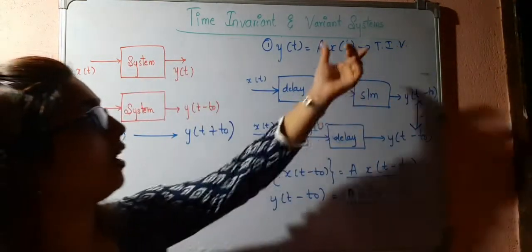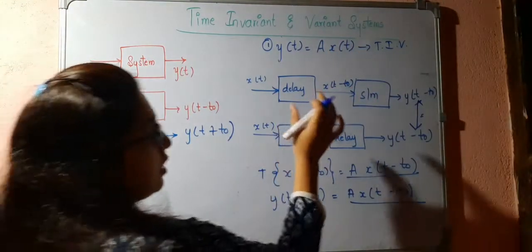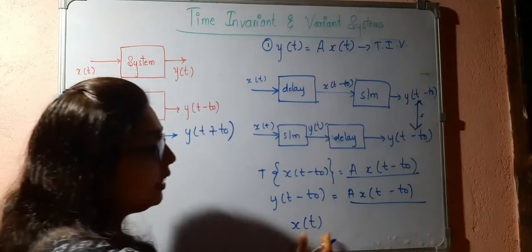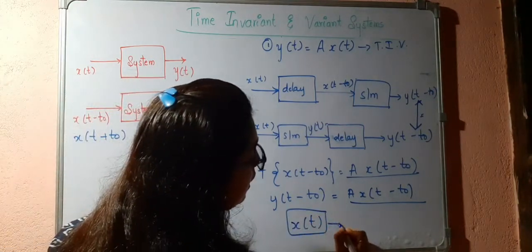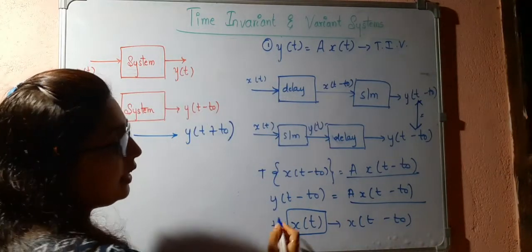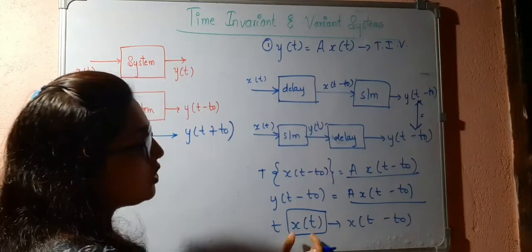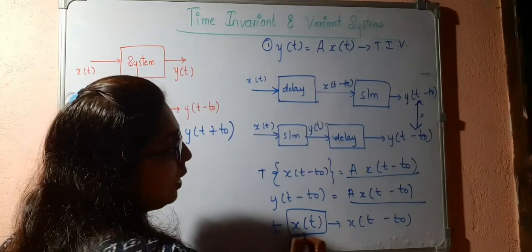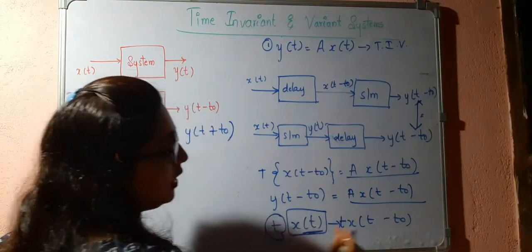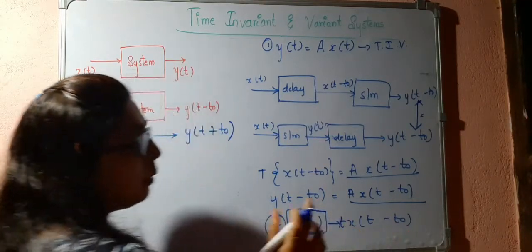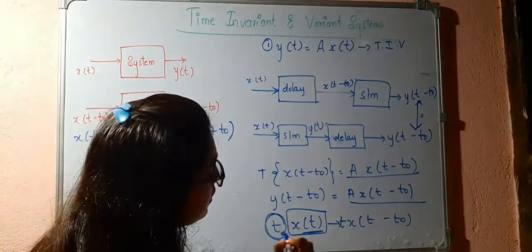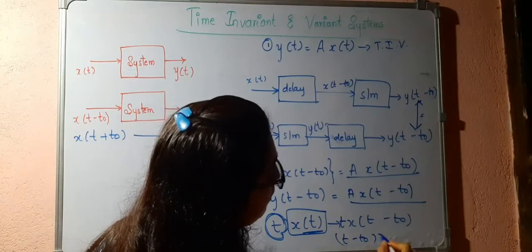This is the time invariant system. First, you should remember that if I am passing it through the delay, that means only the input signal will be delayed. If the signal has any t terms, if t is a coefficient of x of t, then passing the signal through the delay will not affect this. The t will be constant here, but this one will be shifted. But when I am passing the output through the delay, even this t will be shifted.